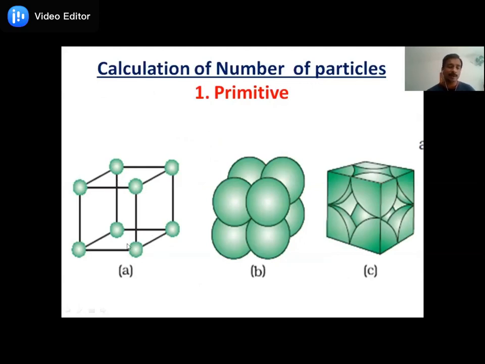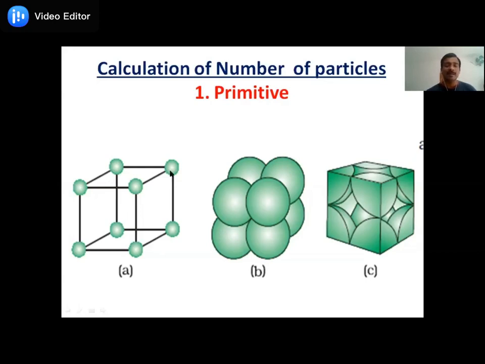This figure is not correct. It is only to understand that the spheres are arranged separately. You can see the lines between the spheres, but actually the spheres are touching each other. It is the correct arrangement of spheres in a cubic unit cell. There is no space between. The spheres are touching each other. This is the exact representation.